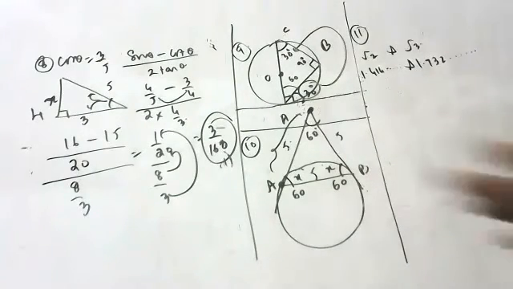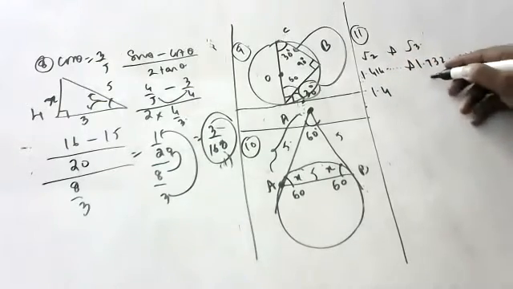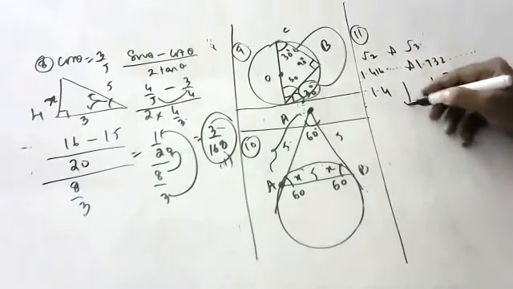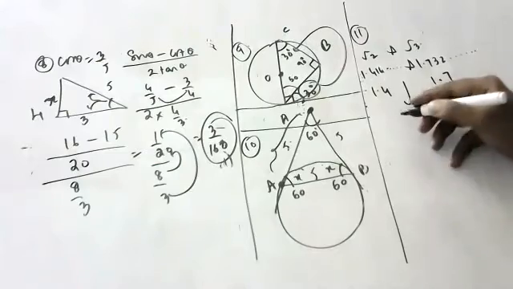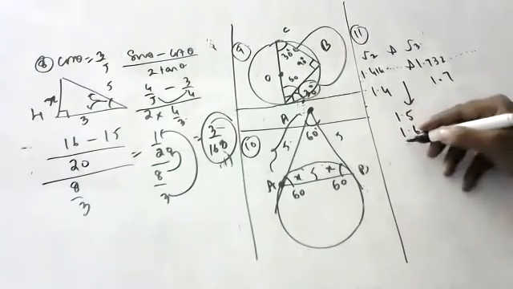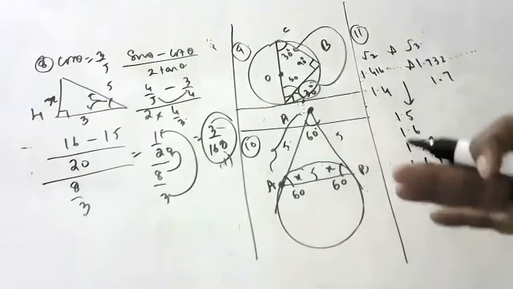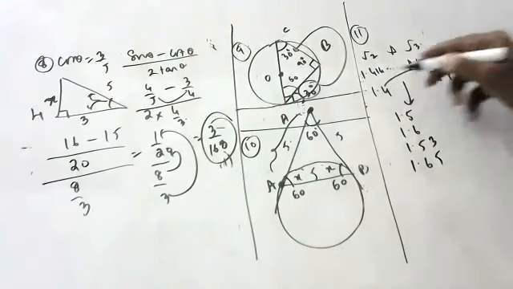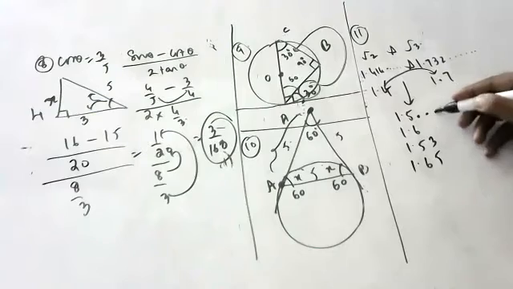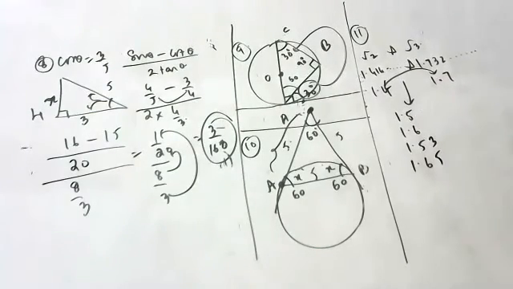Okay, so if we want some rational number, rational number means it should be terminating, children. So between 1.4 and 1.7, say 1.5, 1.6, 1.62, 1.53, 1.65, anything your wish. But it should be between 1.4 and 1.7. And you should not put dots again. If you put dots, it is again an irrational number. Rational number means it should terminate.